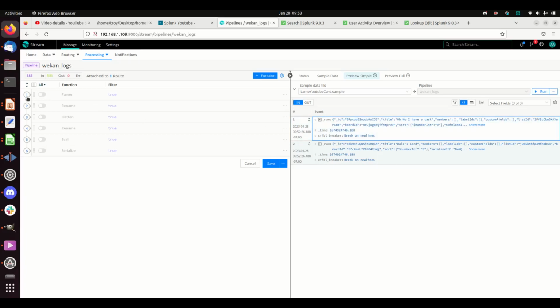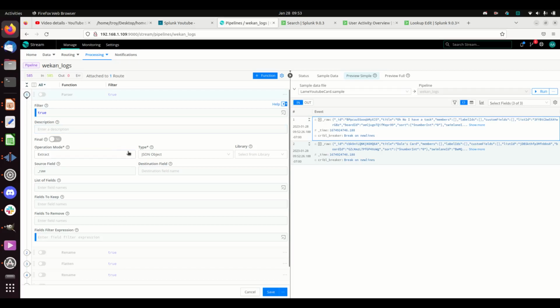All right, so the first thing I did is I built a parser. And a parser, I choose my type. It's JSON. It could be CSV, key value. It's JSON. And I want it to look at the raw field, because there it is, raw field. And let's just turn this on and look what happens. If I hit save,